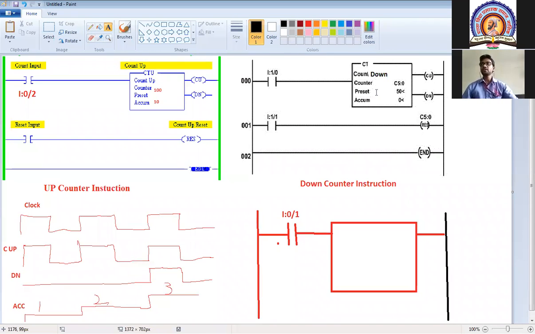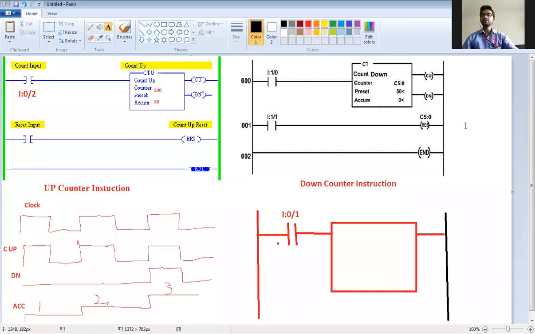So as you can see, this is the down counter, okay, and this is similar to the up counter. The only difference is the accumulator value here is more and the preset value is less, meaning it's vice versa.